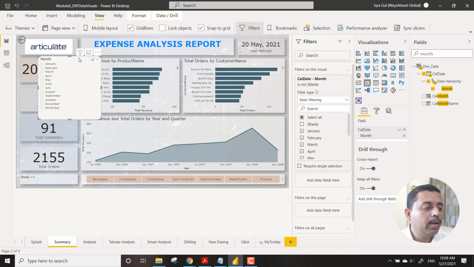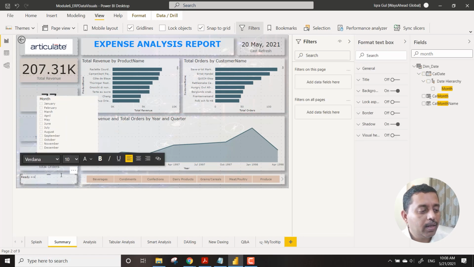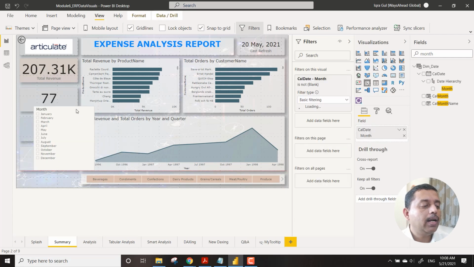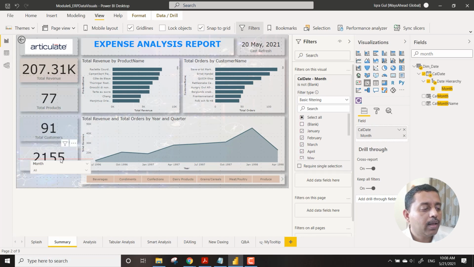Now I do not have a place over here to fit in this slicer. So what I can do is remove this, and then I go to this small drop down and make it a drop down over here. Now I'm ready to put it in this small space, something like this.